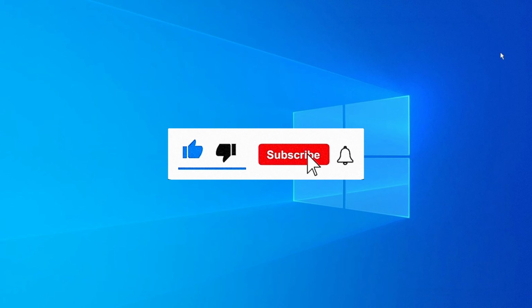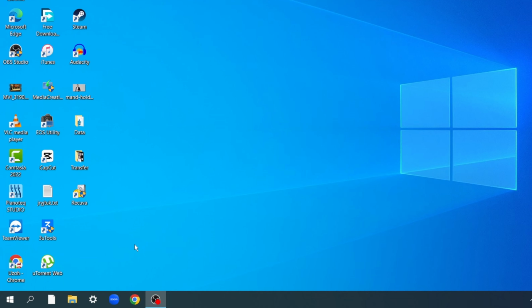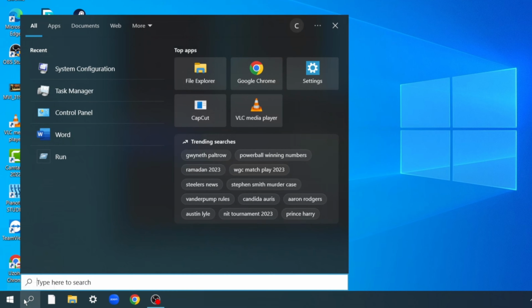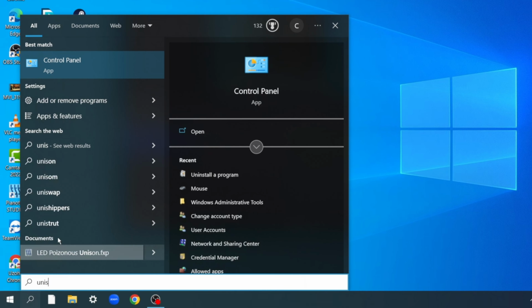All right, the next thing we'll have to do is to uninstall some apps that we don't usually use all the time. How to go about this? Go to your search bar here and search for uninstall. When you search uninstall, you're going to click on add or remove programs.